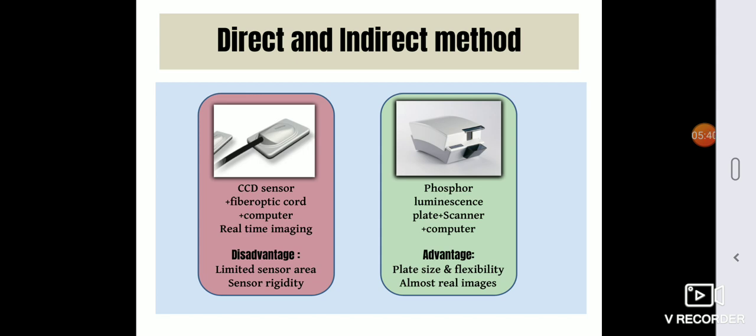Next is the indirect method. This uses a phosphor luminescence plate, which is a flexible film, and this is placed intraorally and it is exposed to conventional X-ray tubes. The advantage with this method is that the film is flexible and it is smaller as compared to the conventional, but it is soft and flexible like the one which is used with conventional radiography. In this system, a laser scanner reads the exposed plates and it reveals the digital image data, and this also can be enhanced, stored, and it can be compared with the previous images.